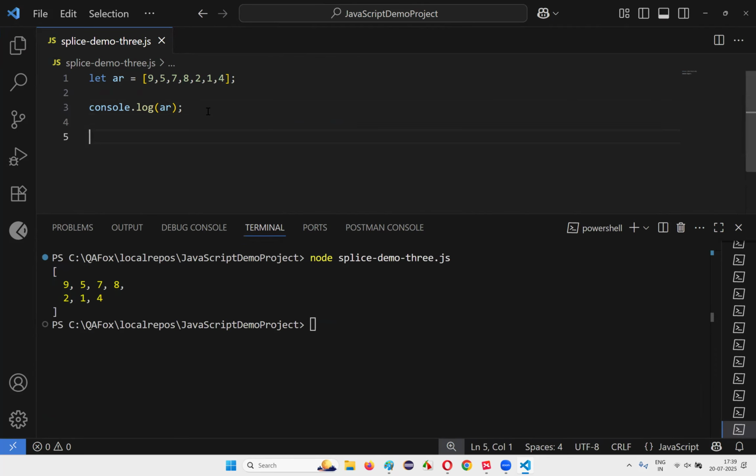Now the next thing here is I would like to use ar.splice, and put a semicolon here, and then say I would like to replace this 782. But what is the index of the first element of this replacing part? 9 is 0, 5 is 1, 7 is 2. Index 2 you give here. And how many elements do you have to remove here? 3 elements. After removing these 3 elements, I want to insert brand new 3 elements